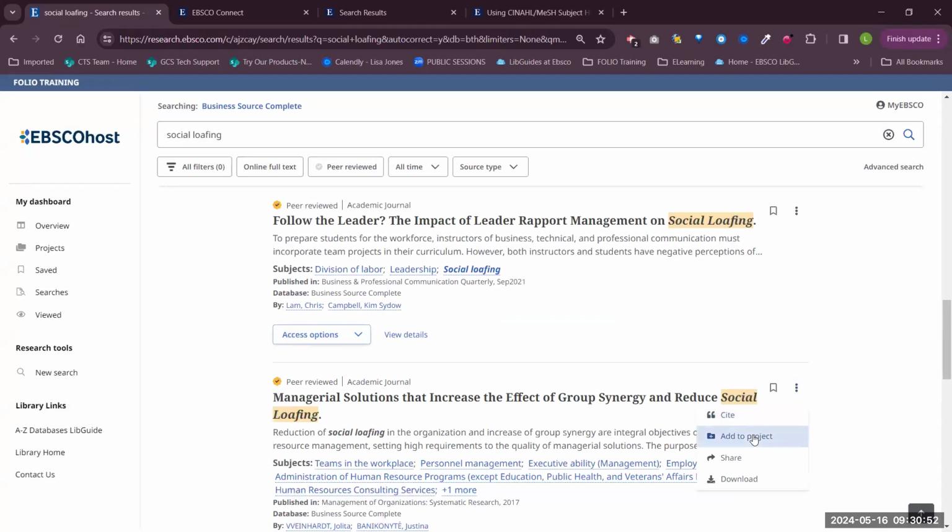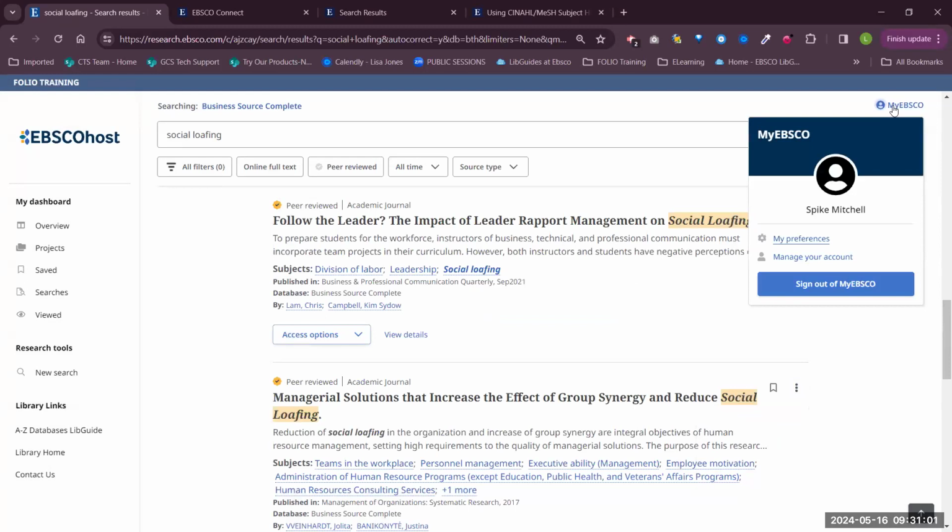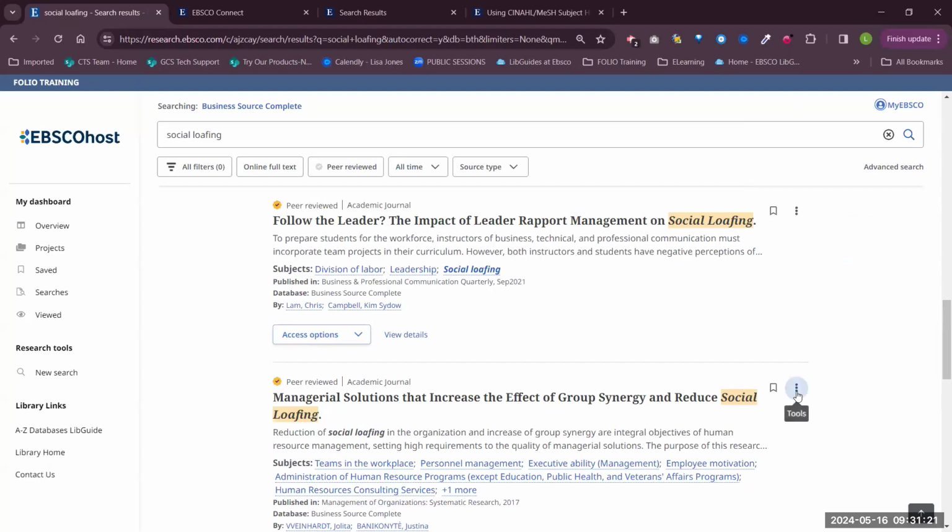Add to project is just that subfolder. I would have to be authenticated if I wanted to create a project, and I'm authenticating up here. I have single sign-on authentication, so I'm already in. But your users are most likely not going to be auto-authenticated. That is still a choice, just like they have a choice now in Classic to move over, or to actually authenticate and then start to save your item. So I can save that here,